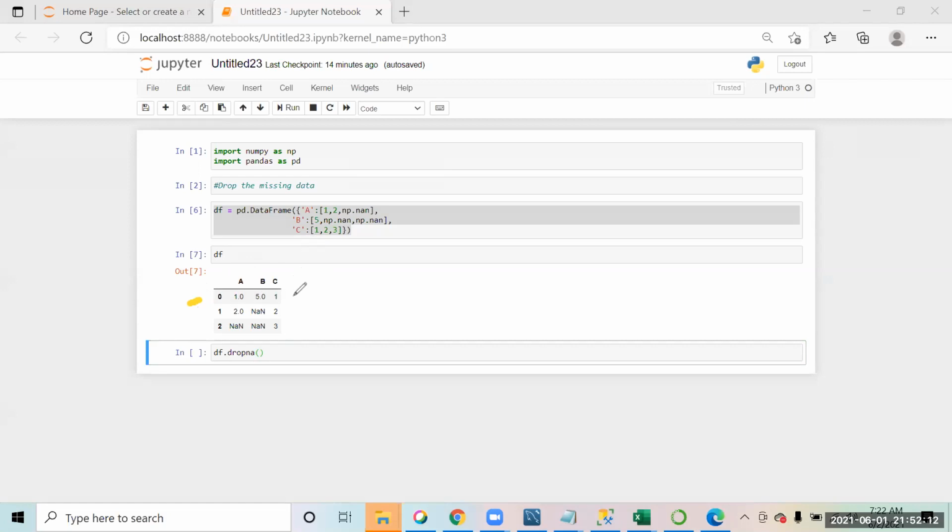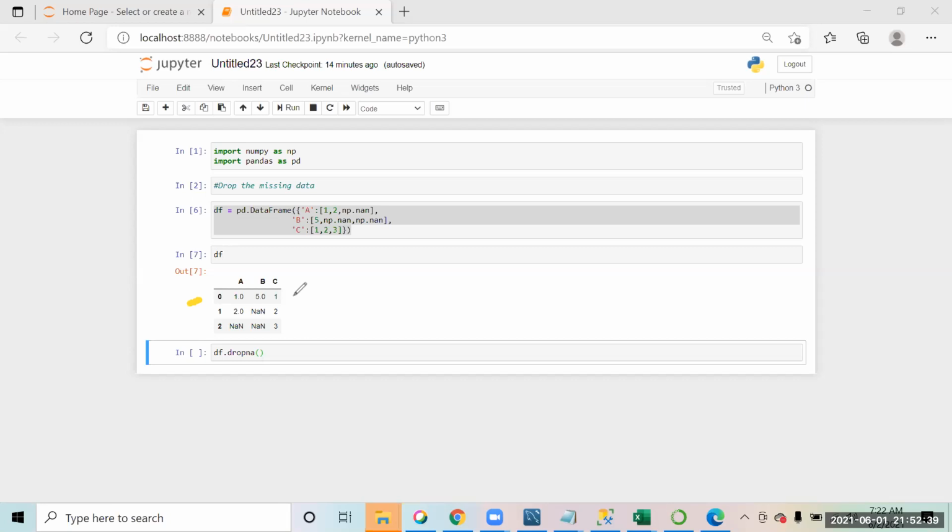Remember when we talked previously about data frames, if you have to add or drop a column, we talked about something called axis. Axis equal to 0 and 1: 0 meant row and 1 means column. I hope you remember that part.